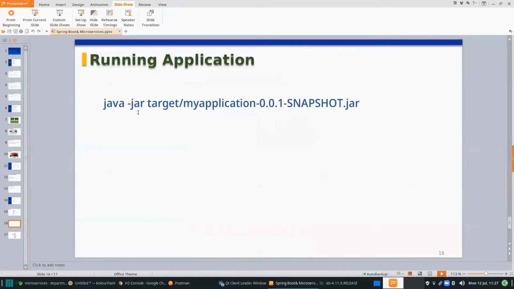By using java -jar with the target application .jar, it will run automatically. You don't need to deploy into Tomcat, you don't need to start Tomcat. Simply by going into the command prompt or console, you can just type this command and it will start for you.